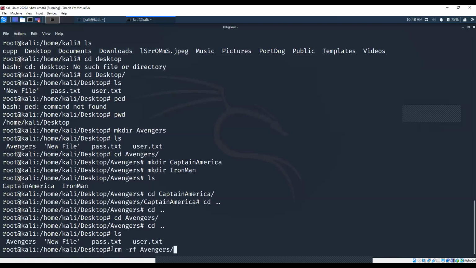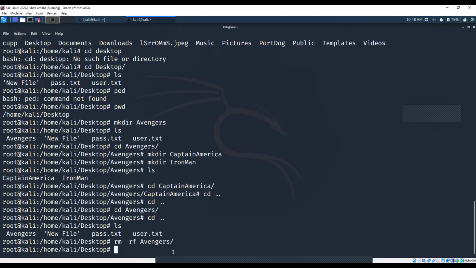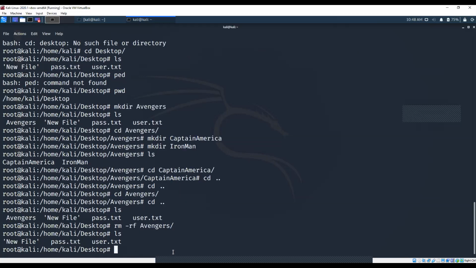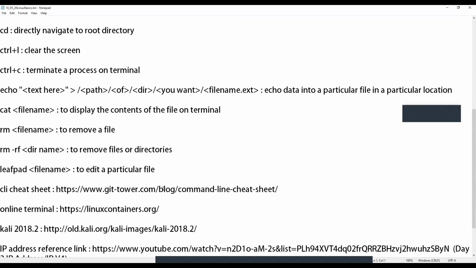So this is the command I'm going to use. rm is for remove and hyphen rf is for remove all the files, and I'm going with Avengers and I'll click enter. Now ls, you are able to see Avengers is totally gone, which means that I have deleted Avengers from this particular path. So this is how we are going to use the basic commands.